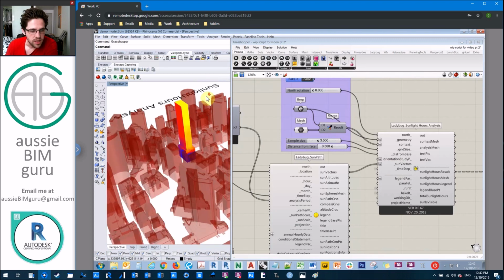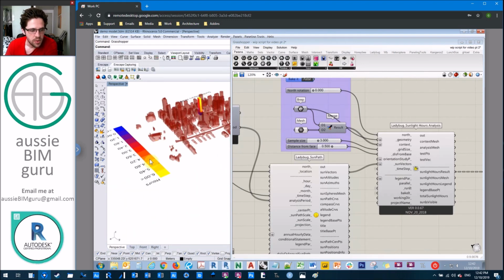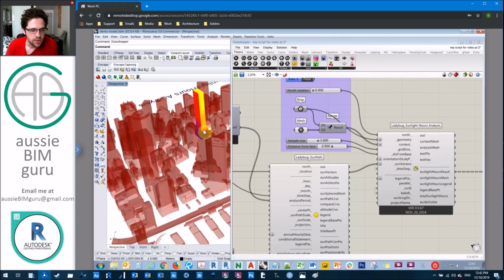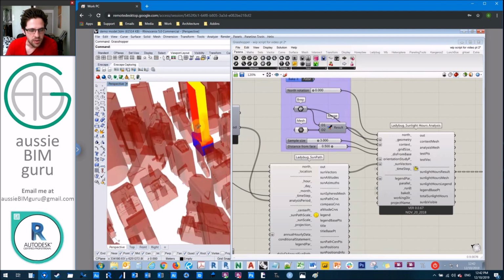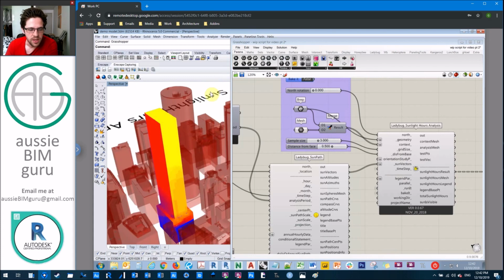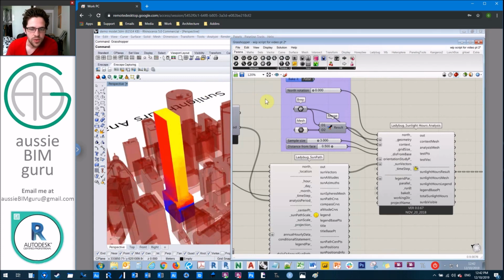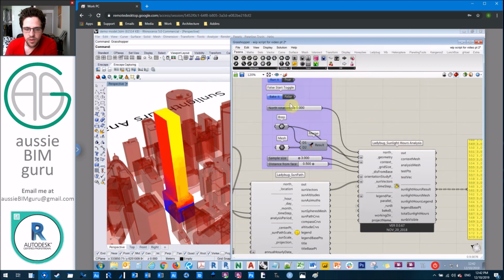So essentially all these colors represent the number of hours per sensor mapped onto a grid of a size that we've determined, which in this case is 3 meters by 3 meters. But of course, being Grasshopper, all these inputs are changeable. It's important to note that we've used a BREP to create our building mass, which is a closed poly surface at the moment, and we've used our city as a mesh or a set of meshes, and then that's how we've processed them. We're not baking our results at the moment either,